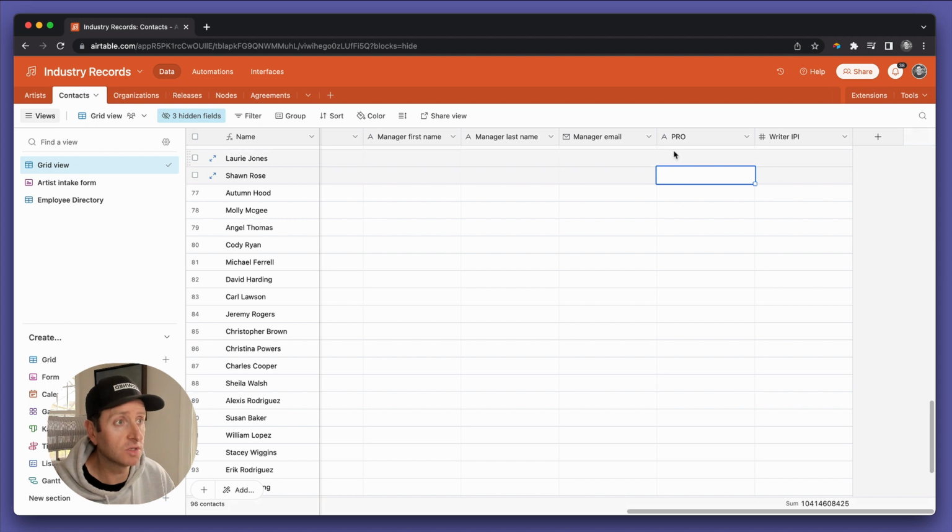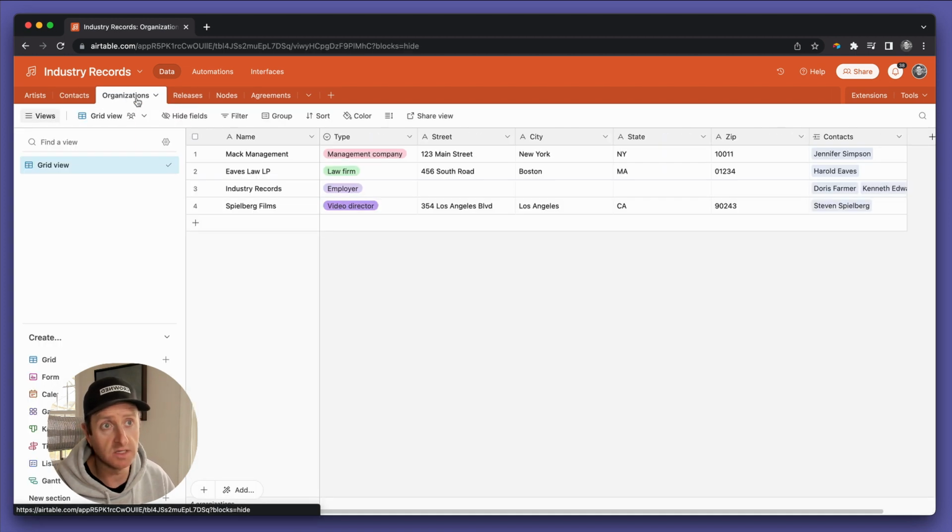So in theory, you could keep it in here, which I did. But one PRO could have many contacts, right? BMI could represent a bunch of artists or contacts on your list. ASCAP could represent a bunch of artists or contacts on your list. So therefore, you should open up a new table.